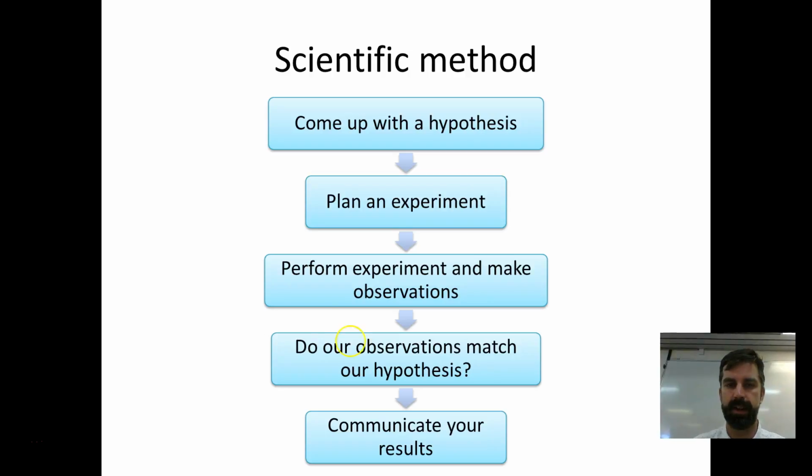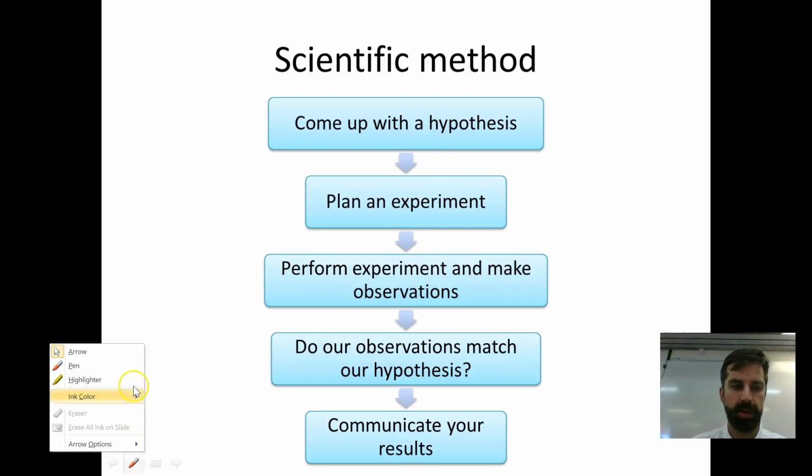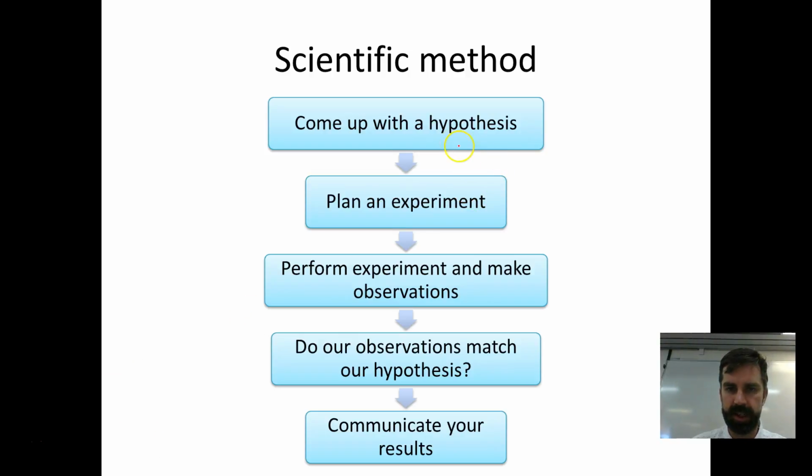to make discoveries. So first of all, scientists will come up with a hypothesis. A hypothesis is just like a statement that they're going to test, so it's an idea about what might happen in the experiment. They then plan an experiment to test whether the hypothesis is true, perform the experiment, make some observations, collect some information, write stuff down, and then they say, okay, do our